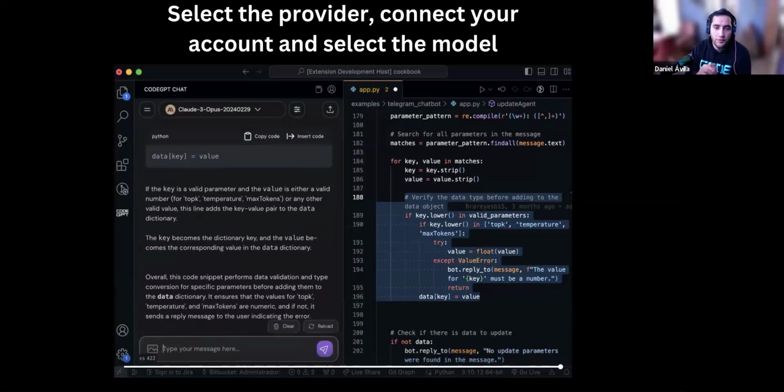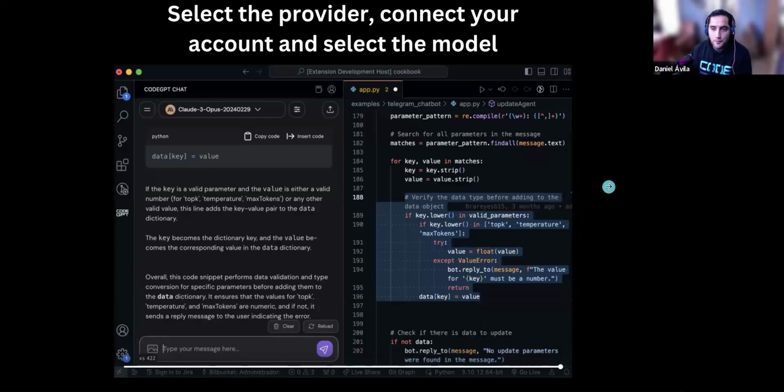Right now in this video, I'm using Claude 3, and you just have to select the code, and we are going to be able to get the full context that you are working in. What language are you using? What libraries are you using in this file? And when you select the code, we have more context to send to the LLMs and get more information about what you are doing inside of Visual Studio Code.